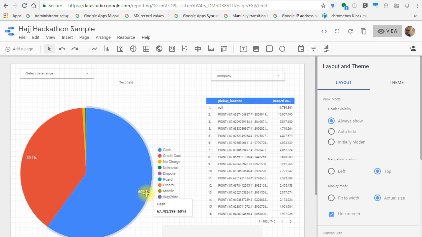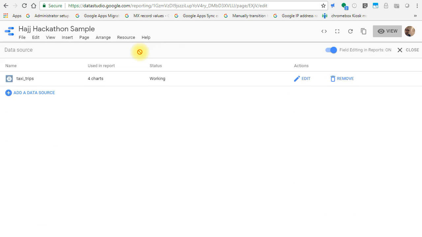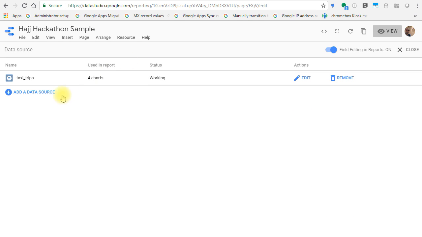Now he can log in and see the report, and he can filter it and all of this. So this is the way to create a report from a data source on BigQuery. However, if you wanted to create your report from a CSV file, for example, you can add multiple data sources to one report. So if you go to resources, then manage added data resources, then we'll click add a